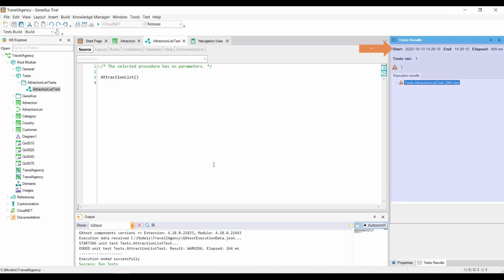Although we've just seen a very small and basic example, we can test all kinds of procedures, data providers, and business components in this way. We'll study these objects later on. At the end of the course, and once we've studied all the necessary concepts, we'll see a more complete example, and we'll analyze the behavior of the corresponding unit test.